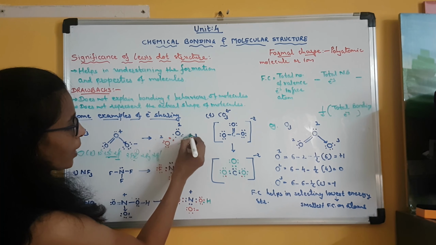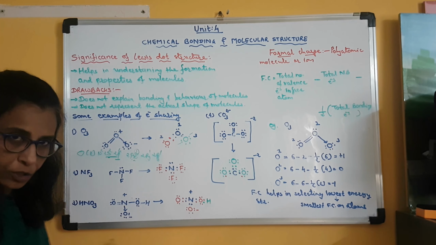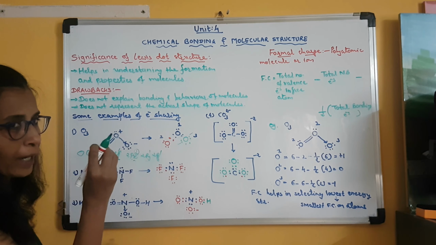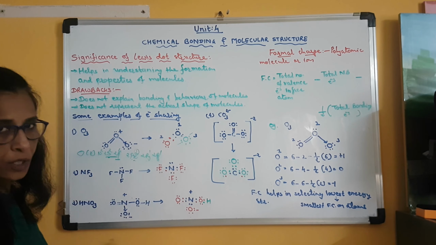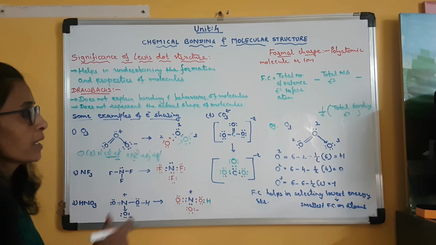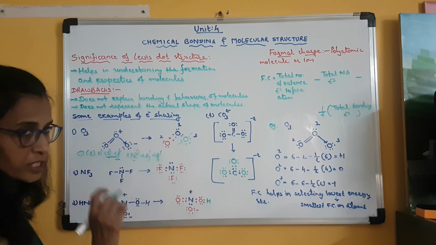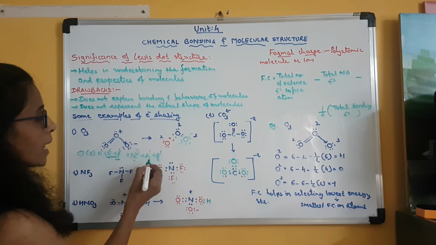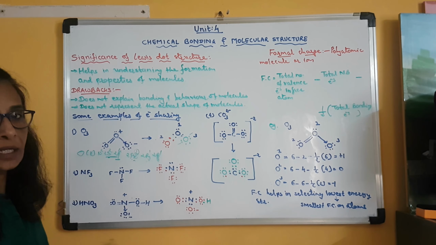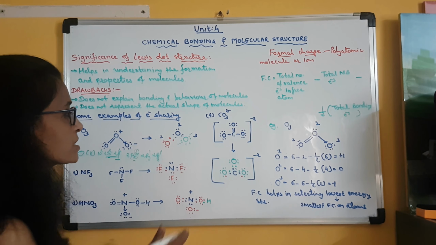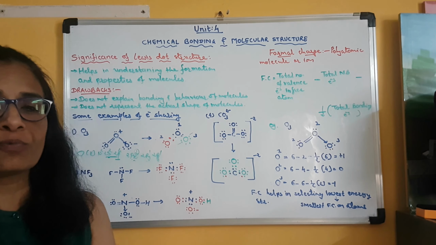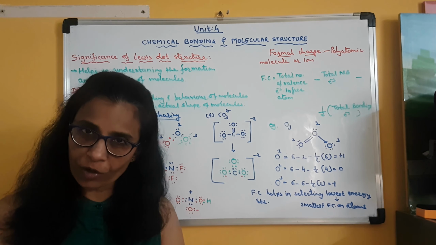Its another lone pair of electrons in the 2px orbital is also as it is, and the two unpaired electrons, you can see I have kept some distance between these two electrons in order to show you that these are unpaired electrons. Clear? In a book you may not get such distance, but it is understood that the 2py and 2pz unpaired electrons of the third oxygen atom remain as they are, means the third oxygen is not utilizing any of its valence electrons in covalent bond formation.